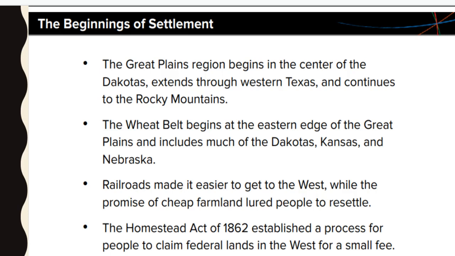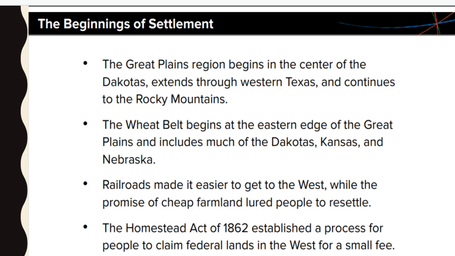So when we look at the beginning of the settlement, the first thing is the Great Plains region begins at the center of the Dakotas, extends through western Texas, and continues all the way to the Rocky Mountains, which we've talked about before with the geography. The wheat belt begins in the eastern edge of the Great Plains, including much of the Dakotas, Kansas, and Nebraska. Railroads made it easier to get to the west, while the promise of cheap farmland lured people to resettle. And the Homestead Act of 1862 established a process for people to claim federal lands in the west